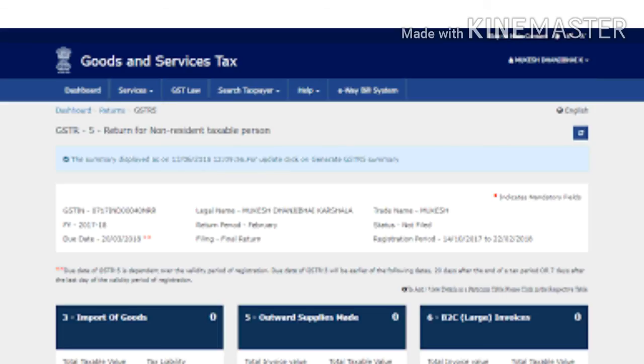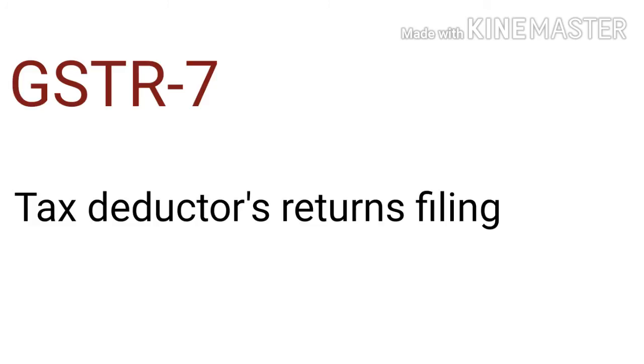Apart from these, you also need to be aware of a few more return filings. GSTR 7 is a monthly return that is required to be filed by the deductors who are required to deduct TDS, that is tax deduction at source under GST, and this is required to be filed by the deductor within 10 days after the end of the month in which the deduction was made. For example, the due date for filing GSTR 7 for the month of July 2020 would be the 10th of